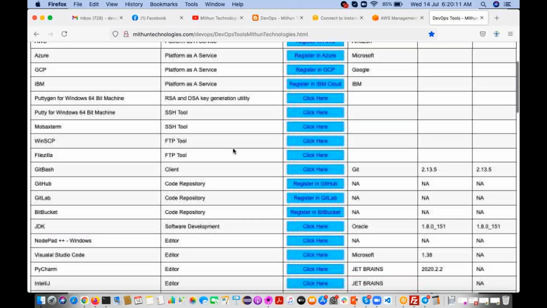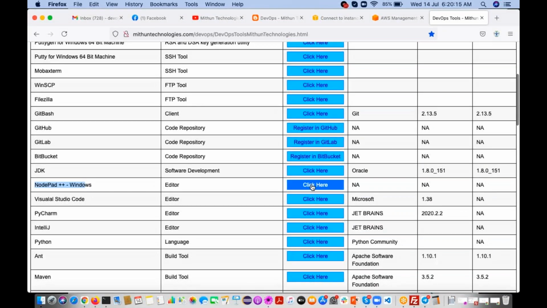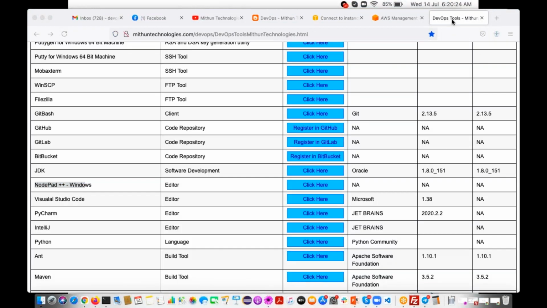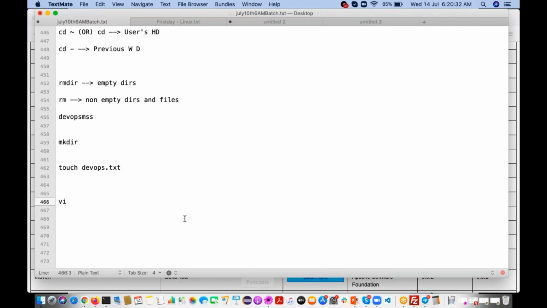Like that, see here Notepad plus plus. Just click on this one. You can download any of these versions. It is very useful, guys, this editor. Everyone should install it if you are using a Windows machine. Notepad plus plus, Word doc, these are the editors if you are using Windows.